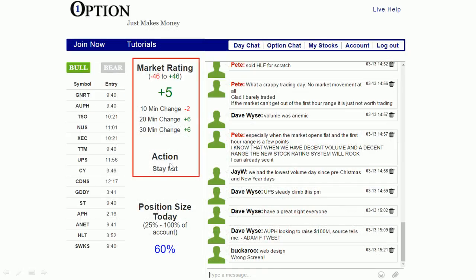In the day chat room, you'll also see the market rating. And so minus 46 is the most extreme bearish reading we could ever get, plus 46 the most positive. But anything under minus 30 or over 30 I would consider to be very significant. And here you can see what the rating was over the past 30 minutes, 20 minutes, and 10 minutes and how it's been changing. And then there you've got your actions, and it tells you what you should currently be